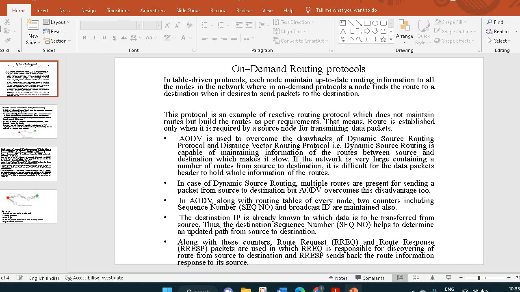AODV is used to overcome the drawbacks of the dynamic source routing protocol and the distance vector routing protocol. That is, dynamic source routing is capable of maintaining information of the routes between source and destination, which makes it slow. If the network is very large, containing a number of routes from source to destination, it's difficult for the data packet's header to hold the whole information of the routes. In case of dynamic source routing, multiple routes are present for sending a packet from source to destination, but AODV